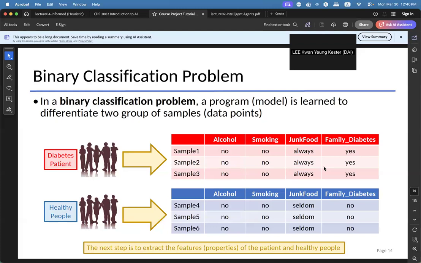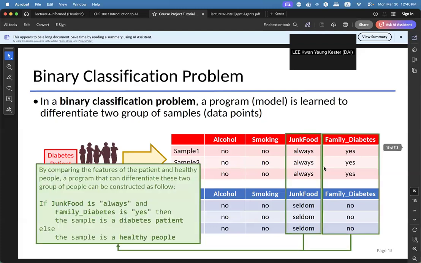Okay. So after we collect their properties, we do a comparison between the feature set of the diabetes patients and the healthy people. Then we are able to identify a set of feature points that we can use to differentiate the two groups.